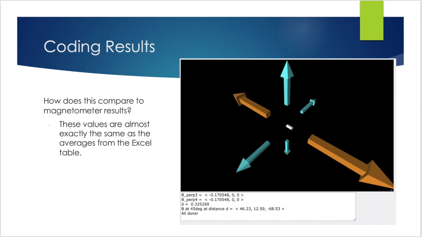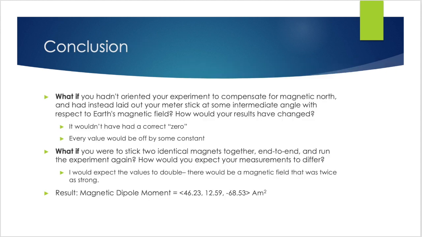Conclusion. What if I hadn't oriented my experiment to compensate for magnetic north, but had instead laid out my meter stick at some intermediate angle with respect to Earth's magnetic field? How would my results have changed? I wouldn't have had a correct 0. Every value would have been off by some constant